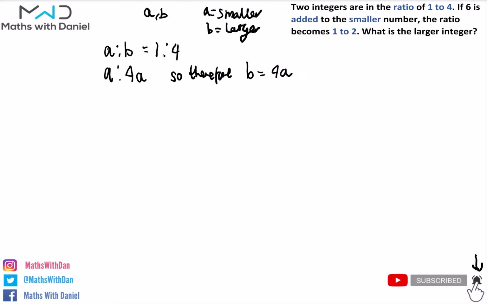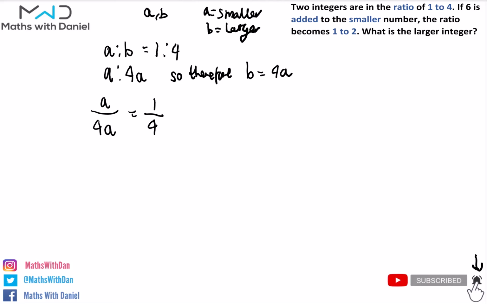And obviously that makes sense, because if this is in the ratio 1 to 4, that means A over 4A would have to be equal to a quarter, which it clearly is when the A's cancel down. So that's fine. Now looking at the next part, it says that if 6 is added to the